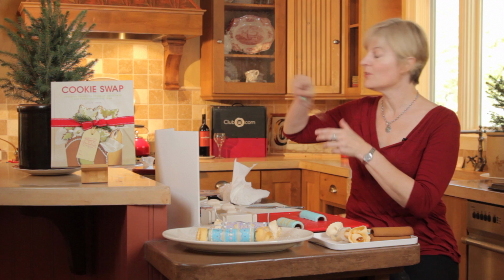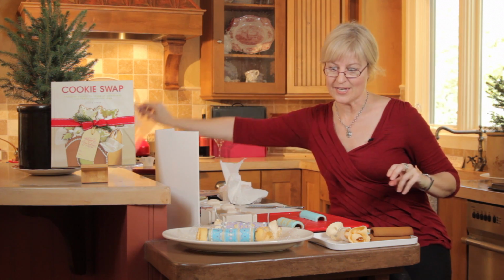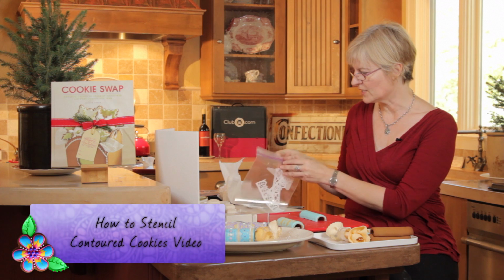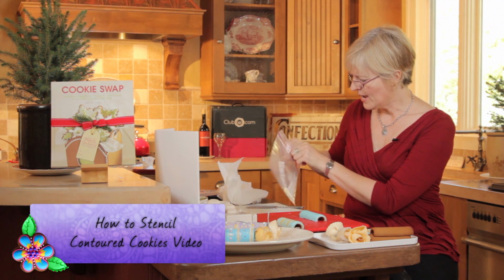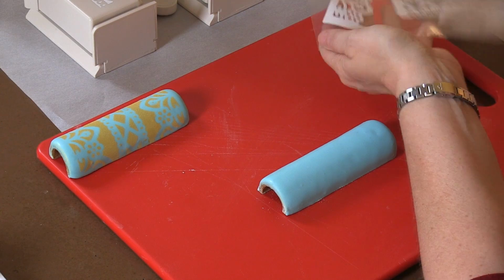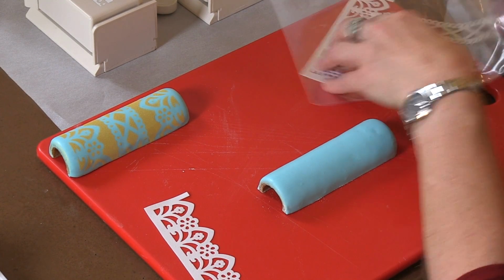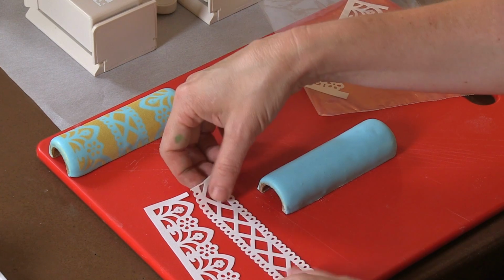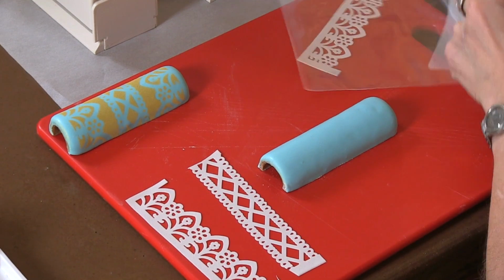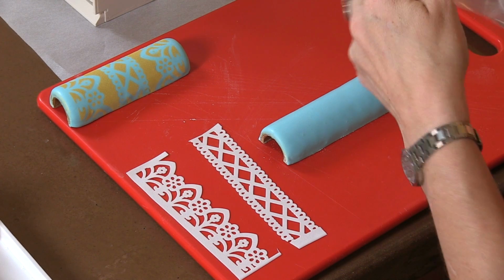Okay, for stenciling, I'm using a new technique that I believe I developed, which is stenciling on contoured surfaces using frosting sheets. Most stencils are made out of acetate or acrylic. It's not very bendable, so if you try to wrap normal stencils around something of this shape, they just pop right up. So I came up with this idea of punching patterns into frosting sheets because frosting sheets are very flexible, and using them as the actual stencil,